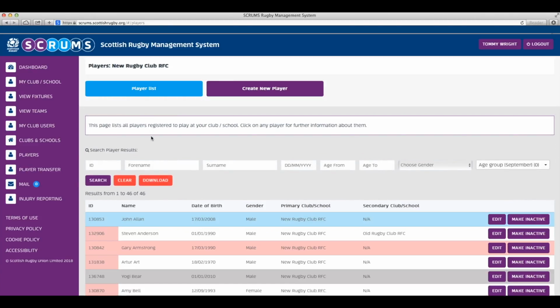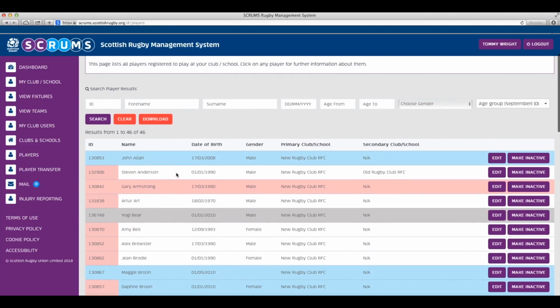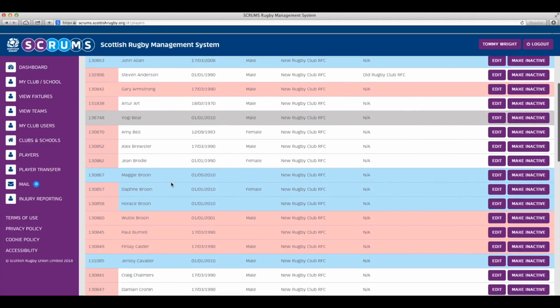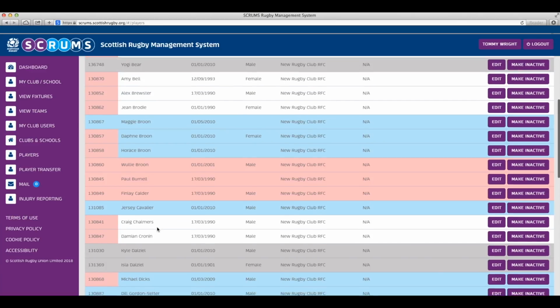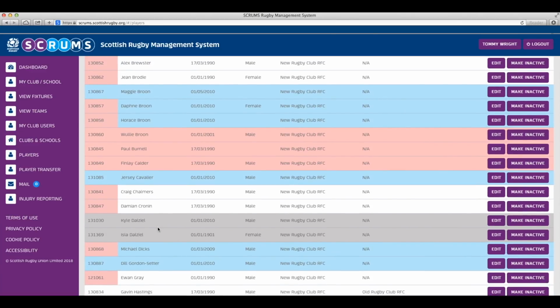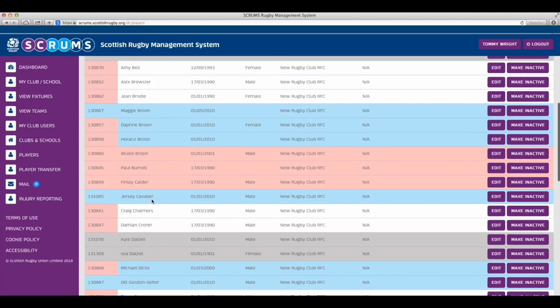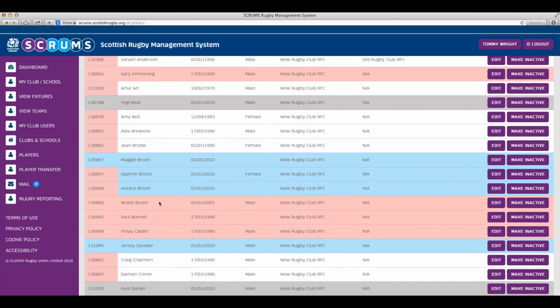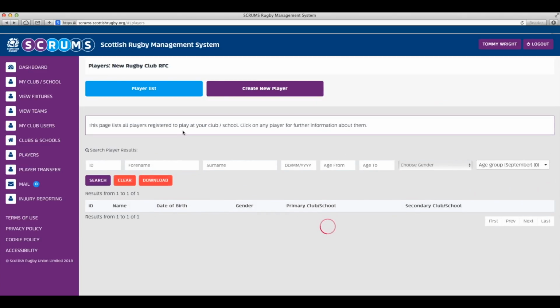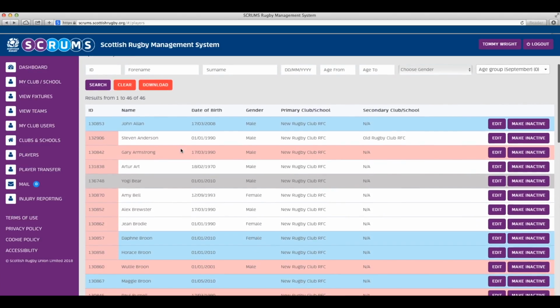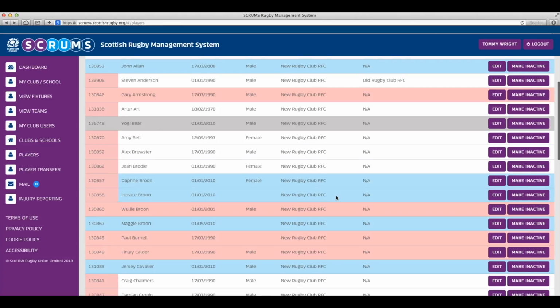One other quick one to show you is what happens when somebody registers and it does not match to one of the records that's in the system. So it might be a completely new person, in which case that's fine. Sometimes it will be because the information has been entered slightly differently. So if we have a look at a player like Wally Broon, and he's also a youth player, who's currently appearing red. If we log out,